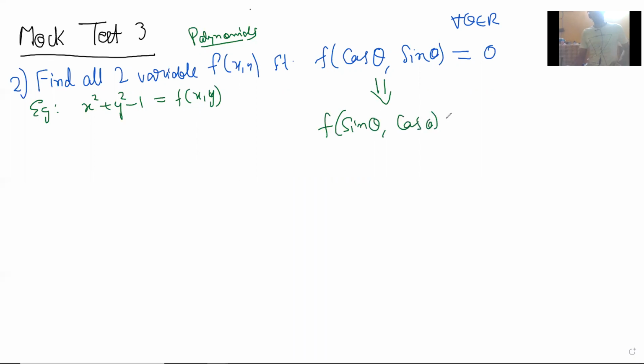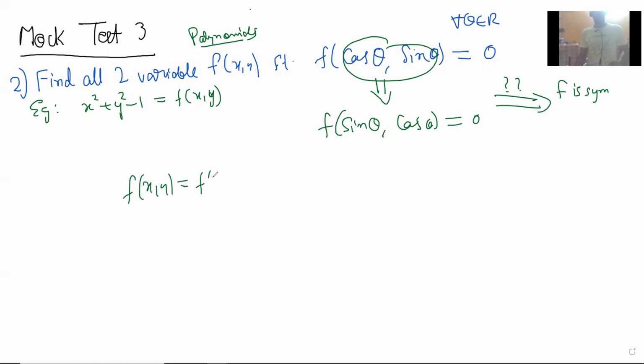But this itself does not imply that f is symmetric. You're only getting it for these values, for cos theta and sin theta. So what you have got is that f of x comma y equals f of